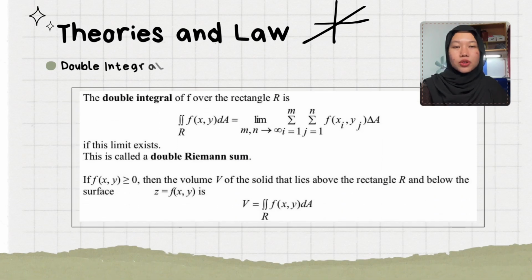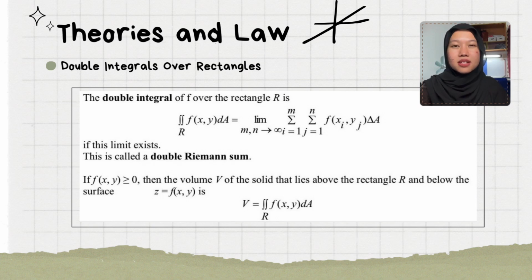Let's move to theories and laws. The first theory is the double integral over a rectangle. The double integral of f over the rectangle R is double integral of f(x,y) dA equals the limit as m, n approach infinity of the sum from i equals 1 to m and the sum from j equals 1 to n of f(xi, yj) times the area ΔA. If this limit exists, this is called a